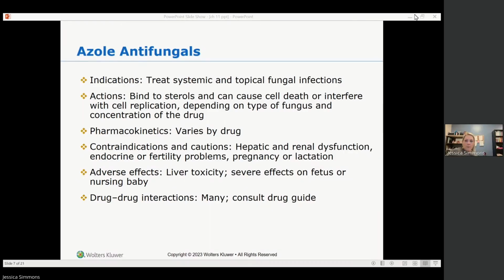Okay, so on page 379 in your ATI book, chapter 47, it starts talking about mycobacterial, fungal, and parasitic infections, and the drugs that go along with it. So on page 382, it starts talking about antifungals. There are four, well, one, two, three, four antifungals that I really want you to look at.